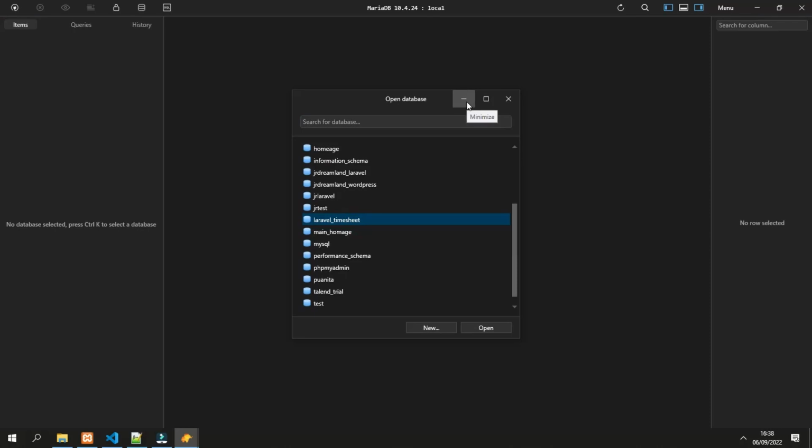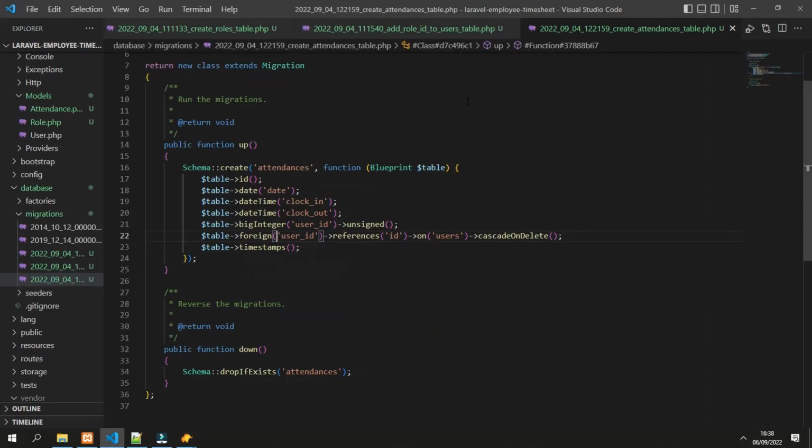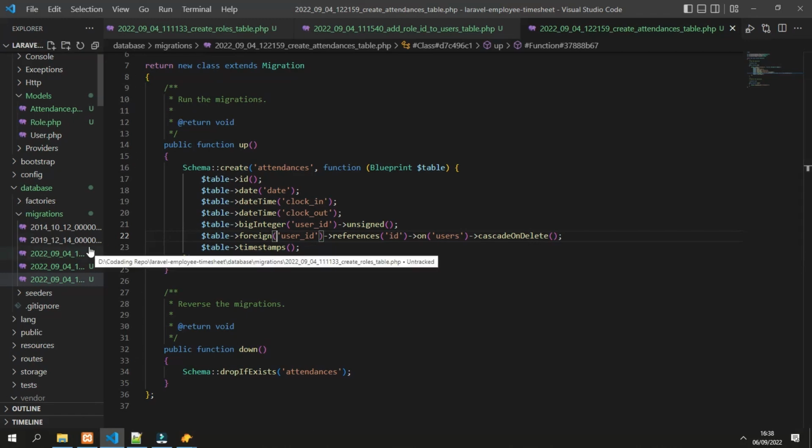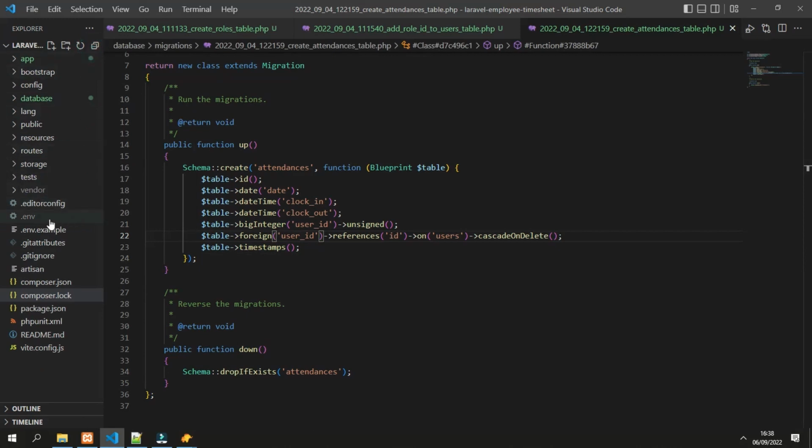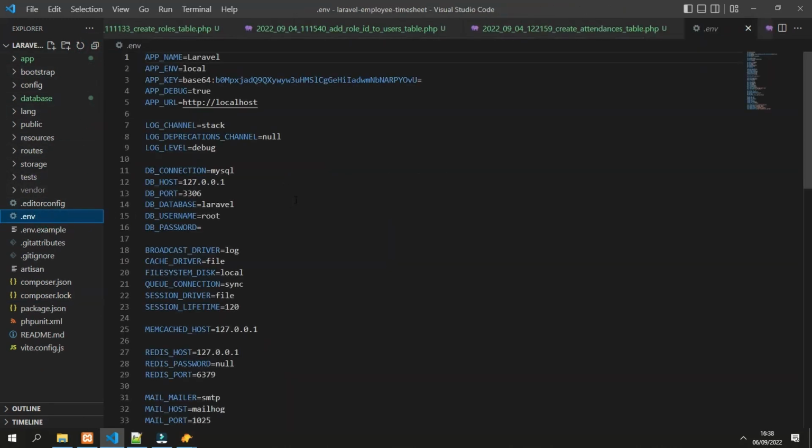After it is created, the next step is to change the env file. You can find the .env file and change the database connection. I use the local connection here, and the database name will be changed to laravel_timesheet that we just created earlier.